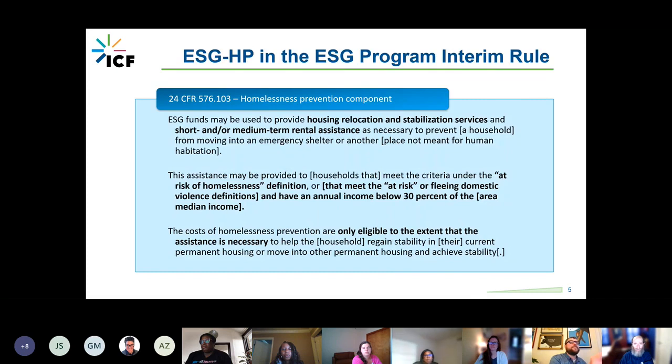So in the ESG program interim rule, homelessness prevention lives at 24 CFR 576.103. According to HUD, it can be used to provide housing relocation and stabilization services and short and/or medium-term rental assistance as necessary to prevent a household from moving into an emergency shelter or another place not meant for human habitation, which includes a pretty wide variety of places. This assistance can be